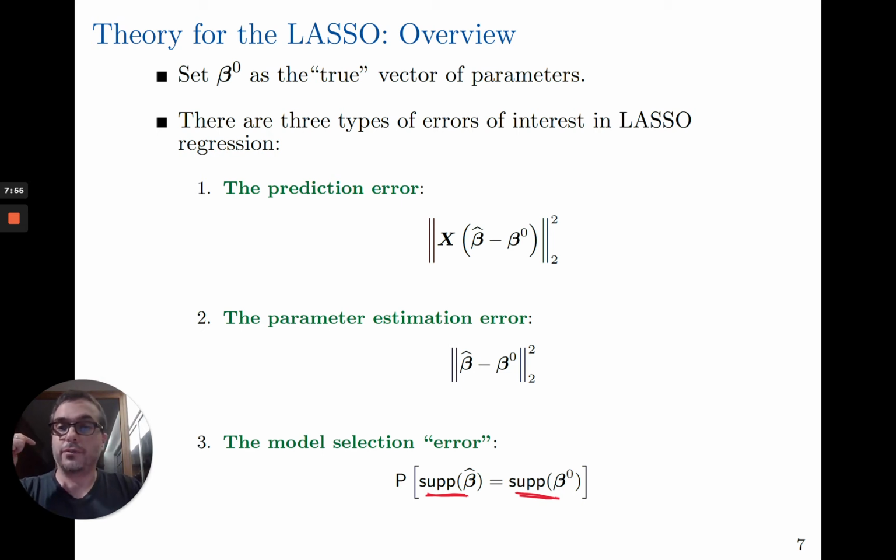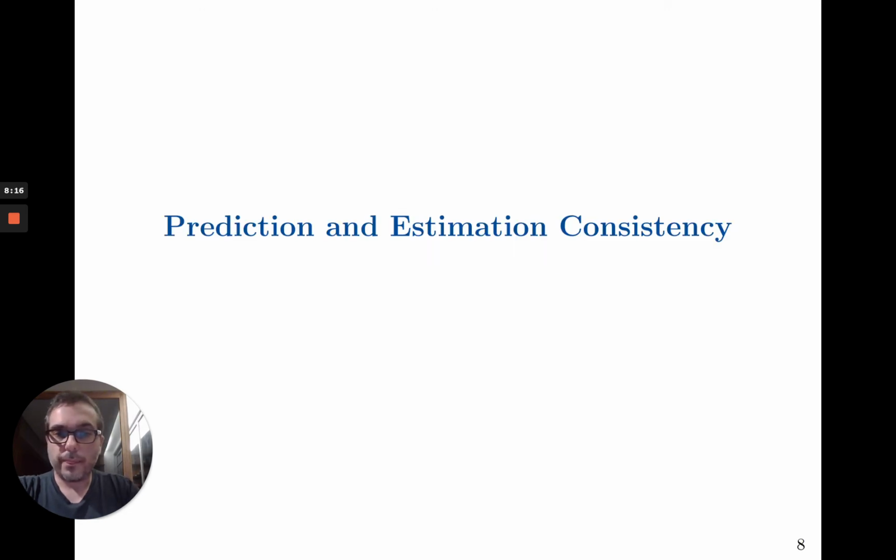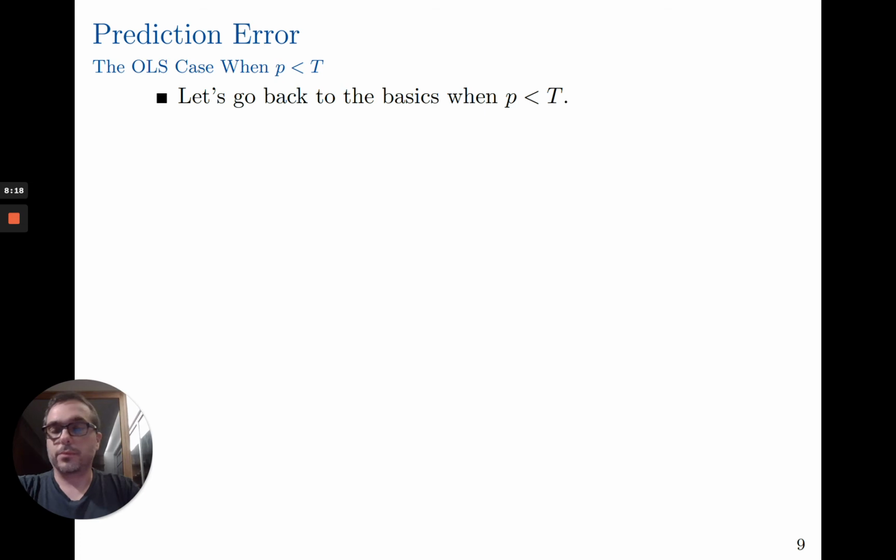So this is kind of in an ordering sequence. This is, let's say, the less difficult endeavor. Then it's kind of middle terms, and this is kind of the most difficult one. Okay? We are going to need a lot of assumptions to prove this thing. Okay? So let's go to estimation and prediction consistency, and to understand,